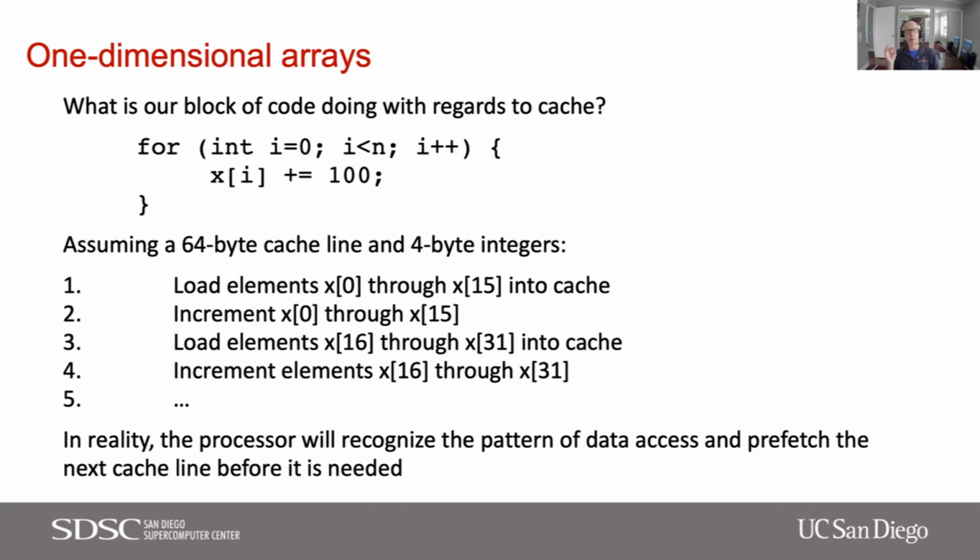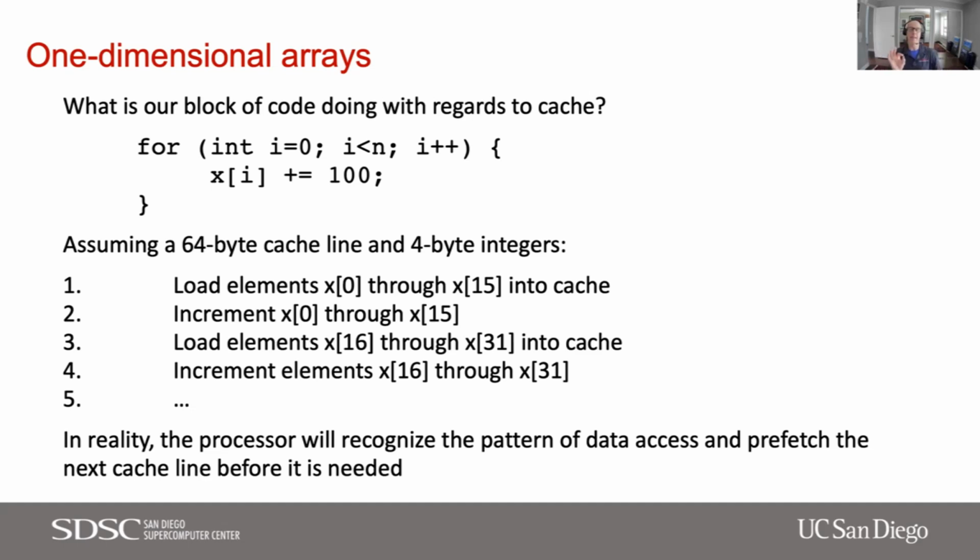Now, in reality, one of the really advanced features of modern processors is that they can recognize the pattern of data access and prefetch the next cache line before it's needed. In this case, while I'm working on elements 0 through 15, I've gone through a few iterations of that loop. There's logic within the processor that says, hey, I kind of figured out what we're doing. We are accessing these elements in order. So if the memory bandwidth allows, I'm going to get that next cache line